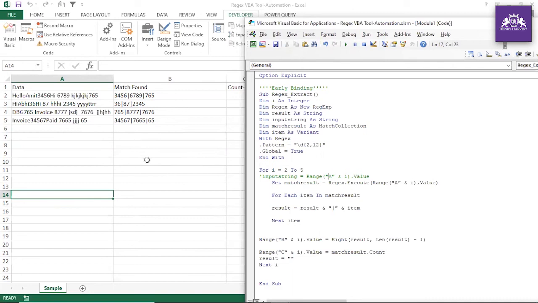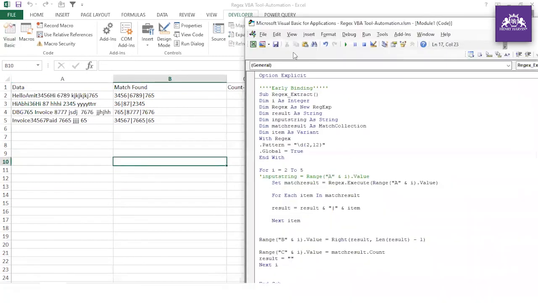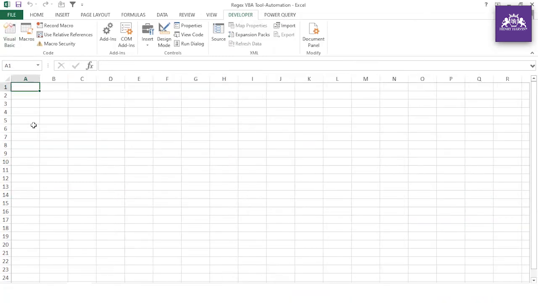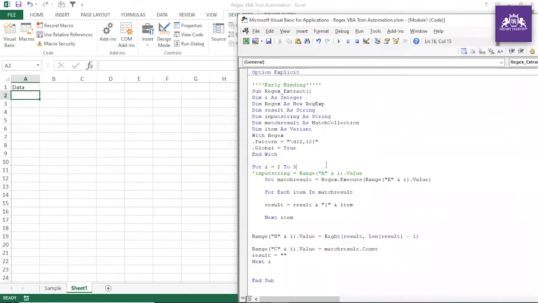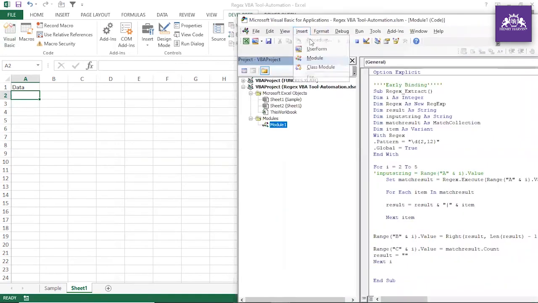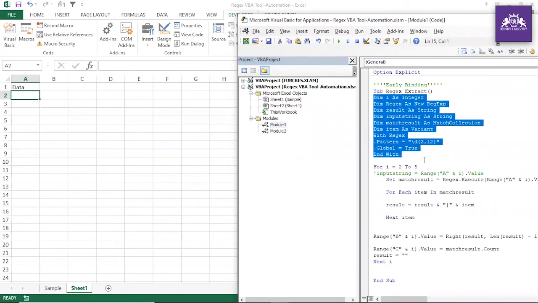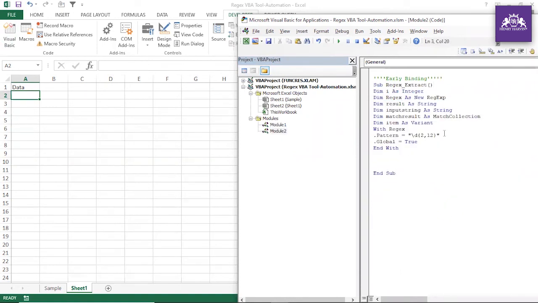And now let me tell you one more scenario, and let me put some value. Suppose data, and I'm writing some value here. Let me make control R, some other module where I can tell you if you just copy this area. Okay, guys, let me tell you one other thing. Let me just see that. Yes, it is working very good. Let me tell you one other scenario.